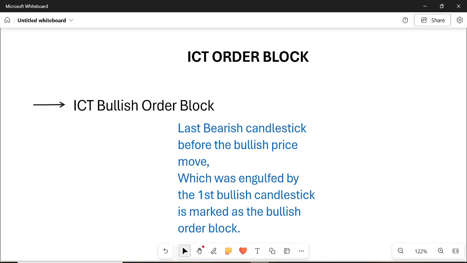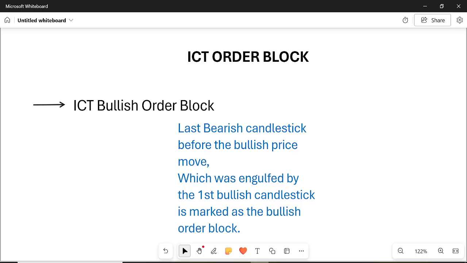Order blocks are not simply support and resistance levels. These are some SMC indications, smart money indications. As retail traders, we try to follow the footprints of smart money to get some good trades. That's why these order blocks indicate that smart money has executed trades either on the bullish or bearish side, and we